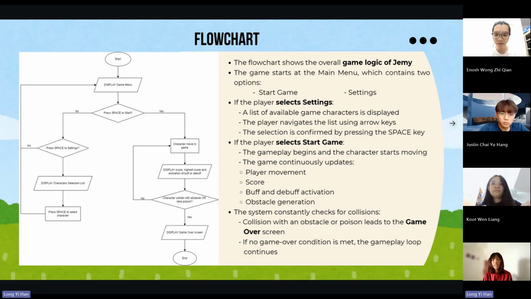In case the player selects start game, the gameplay will begin and the character starts moving. The game will continuously update the player movement, score, buff and debuff activation, and obstacle generation. The system will constantly check for collisions, whether a collision with an obstacle or poison, and it will lead to a game over screen. But if this condition is not met, the gameplay loop will continue.